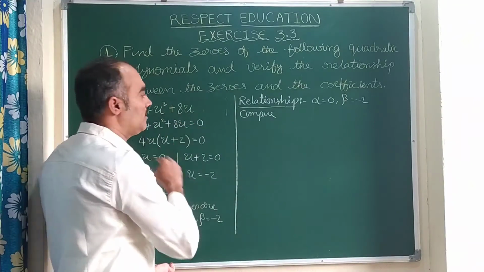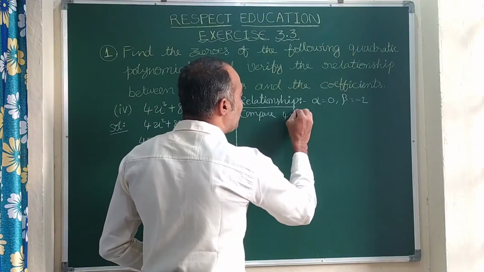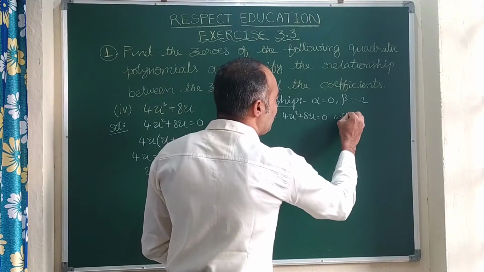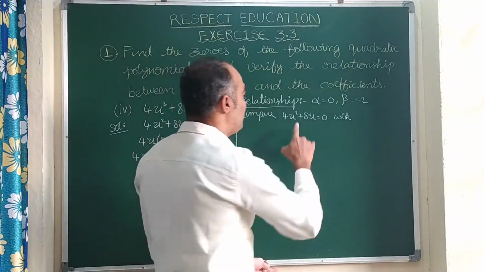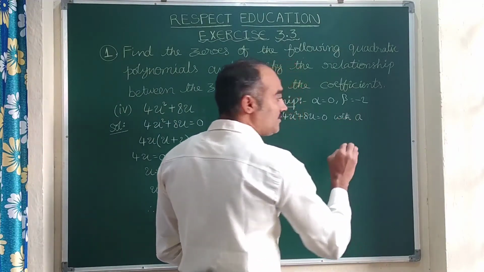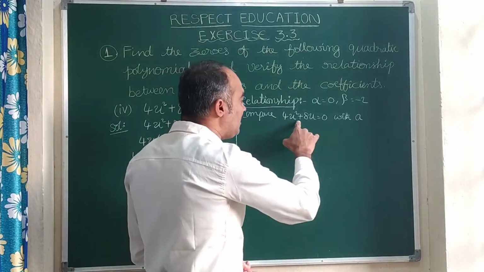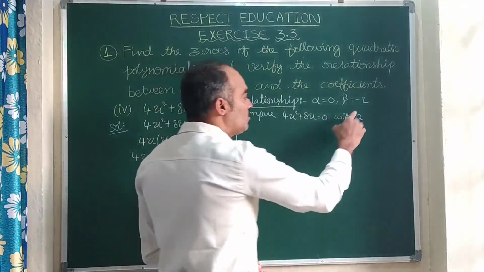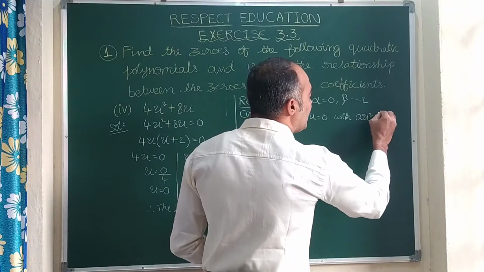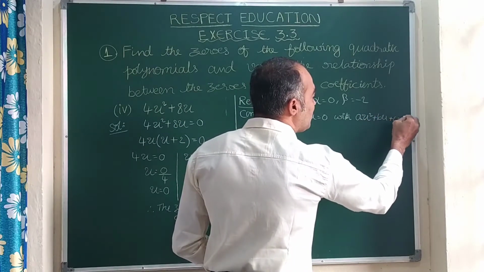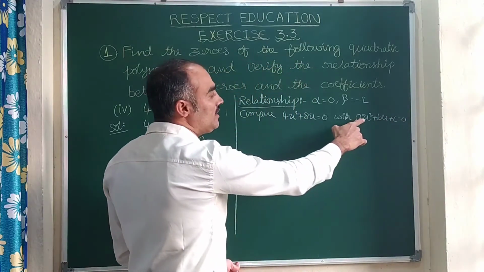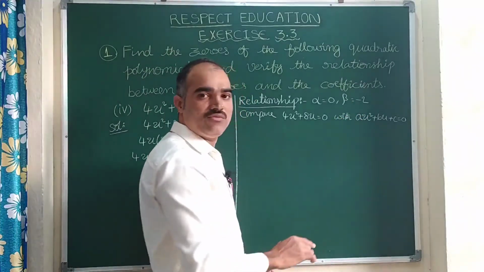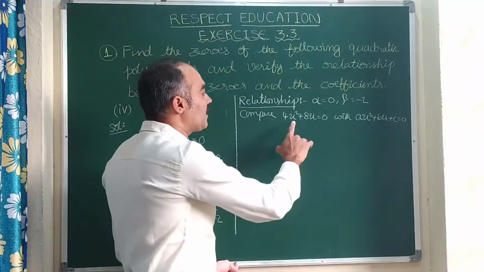the given polynomial, 4u square plus 8u equal to 0 with a x square actually, but this is a polynomial in terms of u. So here I am taking the standard polynomial in terms of u itself. So let us compare with au square plus bu plus c equal to 0, because here you see, children, in place of x, x is a variable. Here u is also a variable. You can take any alphabet as per your convenience. So here I am taking like this.